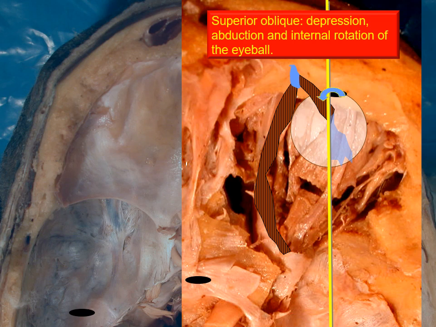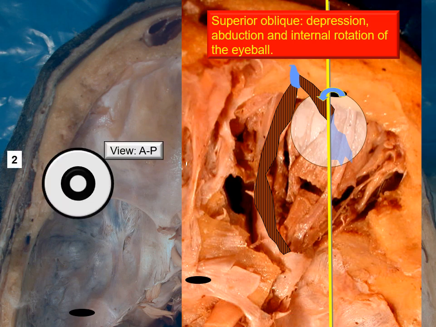Now that's the animation there. You can see the blue arc of a circle showing how the muscle acts and how the end result, the intorsion, takes place. Let's view it based on this diagram now. The view is anteroposterior. You can see the cornea in front. Now that is the 12 o'clock position, and that arrow mark there is reflecting on the 12 o'clock position.